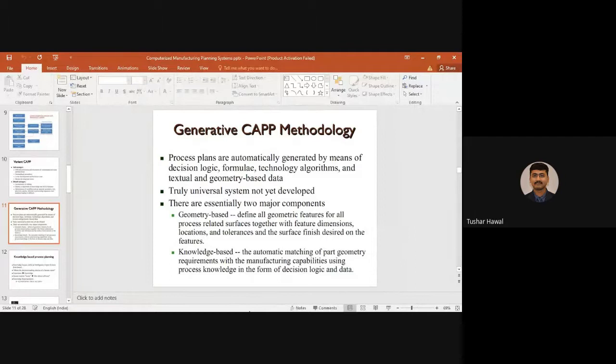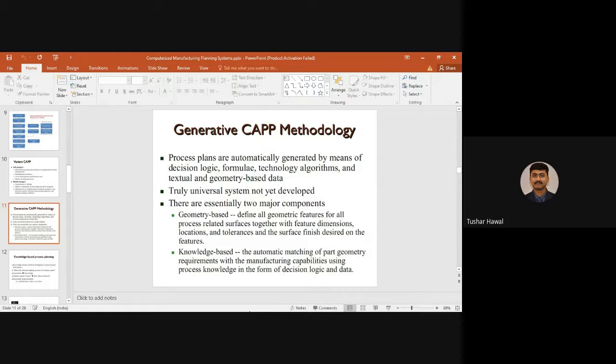So there are two essentially major components for this generative CAPP methodology. One is the geometry based, which defines all the geometric features for all the process related to surfaces, together with the feature dimensions, locations, and tolerances, along with the surface finish that is being desired on the features.